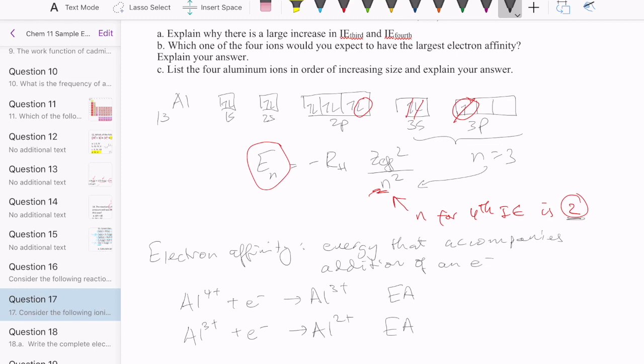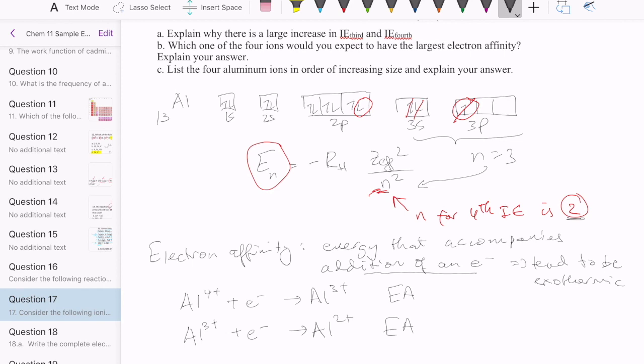And so they're asking us to compare how this energy would be, and then particularly the one that has the largest electron affinity. So in this case, the largest in absolute value terms, right? Now, electron affinities typically tend to be negative, right? Tend to be exothermic. So we're just asking which one is the most exothermic here. Well, based on the idea that this is the energy that accompanies the addition of an electron, basically the one that's going to be the most exothermic is the one that can tolerate the electron the best, meaning that when you add the electron, this electron is really stable because there's a lot of protons that are interacting with the